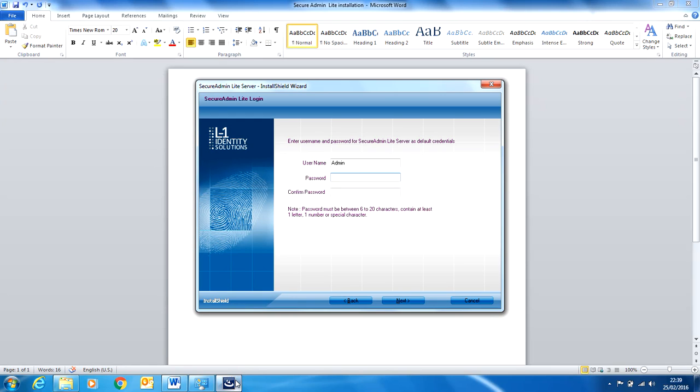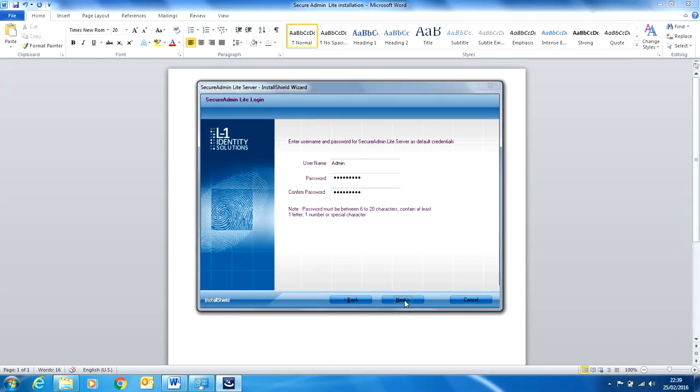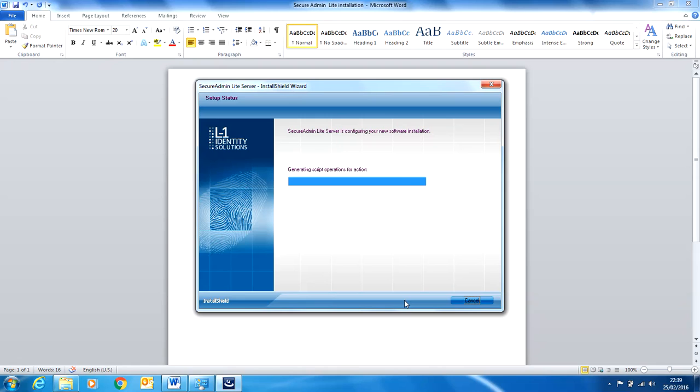So I am giving the password admin @123. I am confirming the same, admin @123. The A should be caps, then click on next. So the process is started.